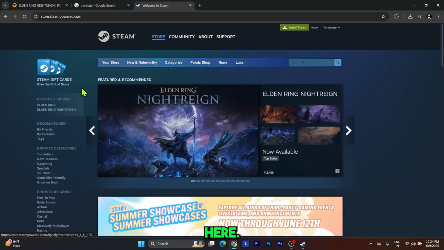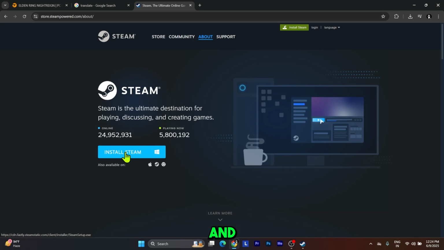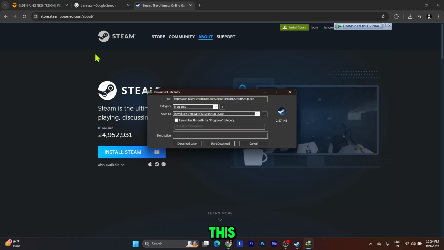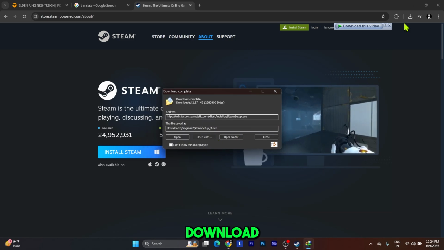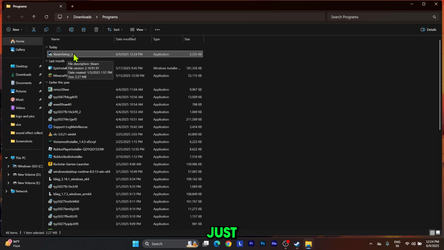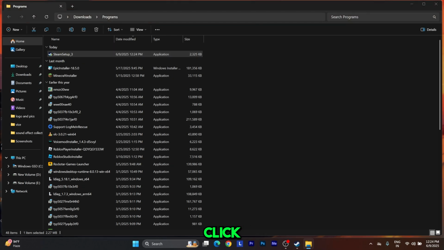Tap here, and from here you will find this install Steam button. Tap here and tap here again. So you will have to download this application. Start download and open it. So this is the Steam setup. Double click here,